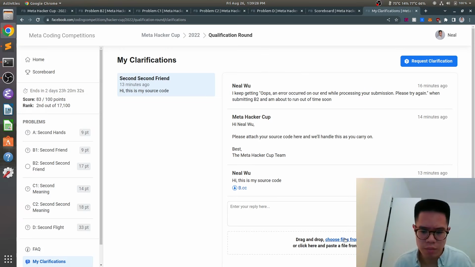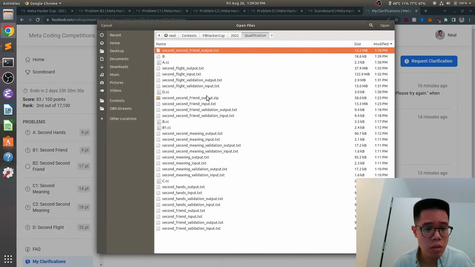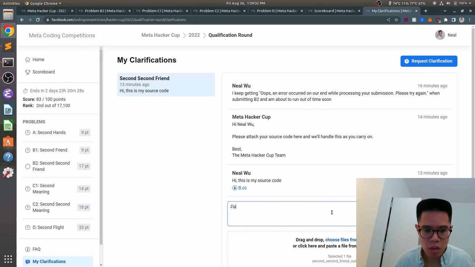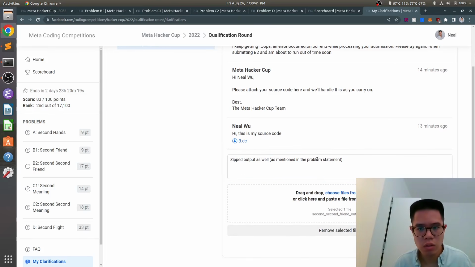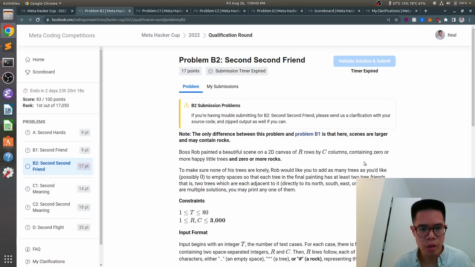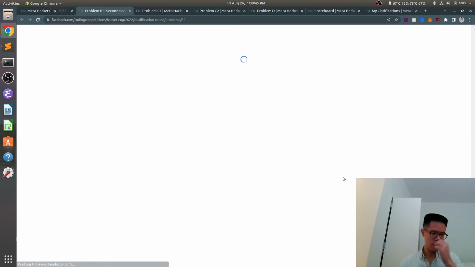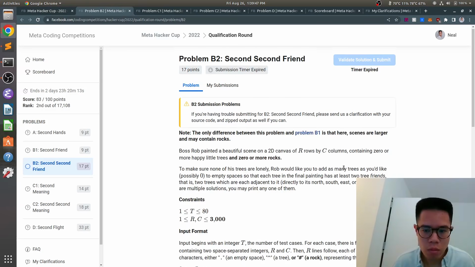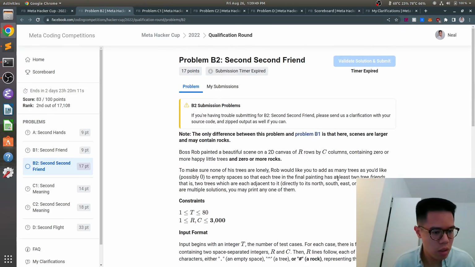Yep, that is the same. Zipped output as well. Cool. Yeah, hopefully they can take care of that. It's a little bit inconvenient, but